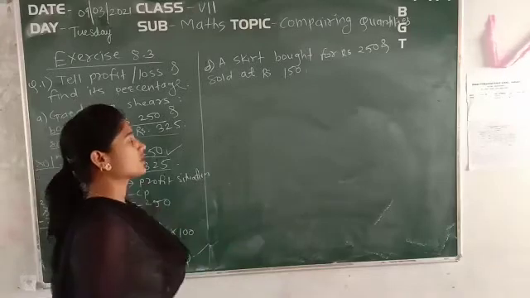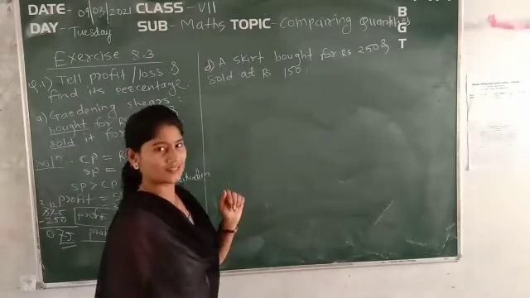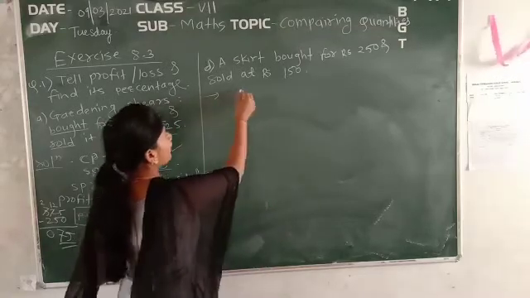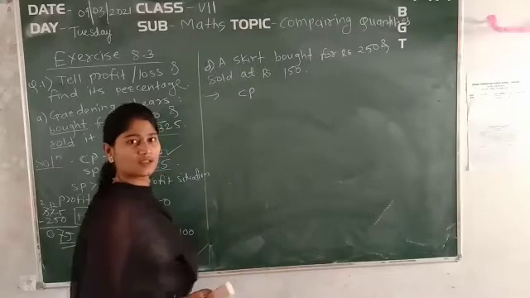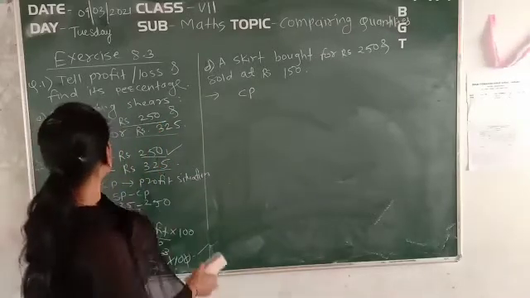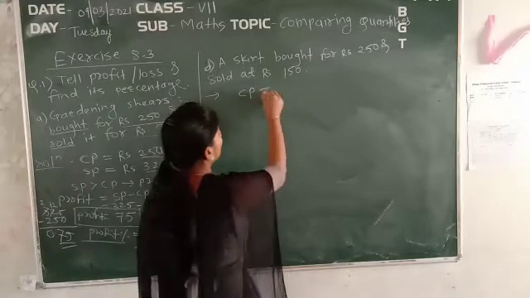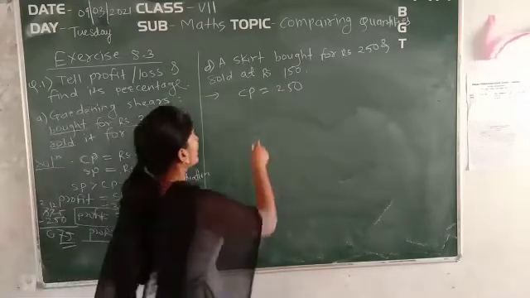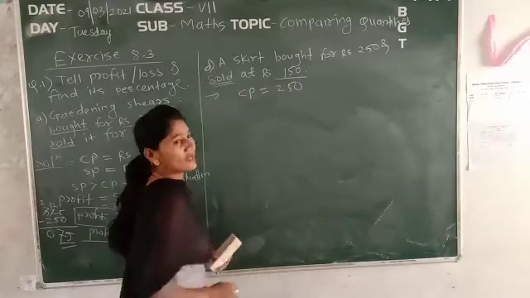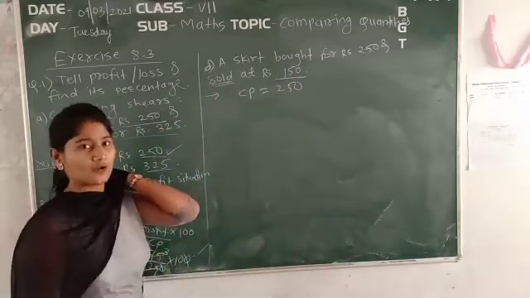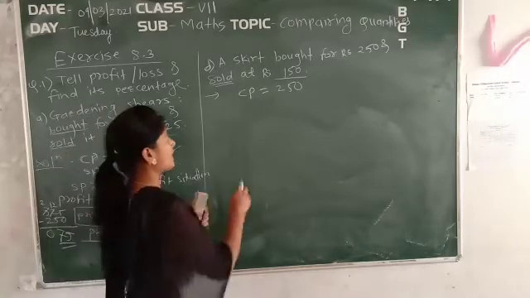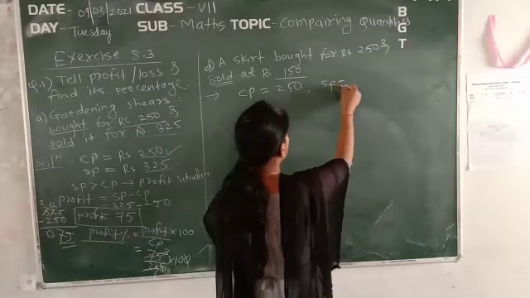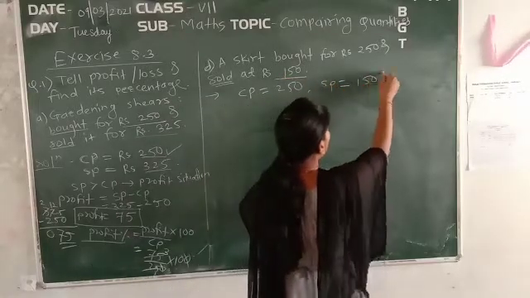What is the situation that you have been given? A skirt. One skirt is there that you are wearing. It is bought for how many rupees? So bought it means it is bought for 250 rupees. Again it is the same as before, 250 and here is also 250. Okay. And then what is the selling price of this skirt? It is sold at rupees 150. So just write down the selling price. SP is equal to, I will write SP so that space will be occupied. Okay. So SP is 150 rupees.